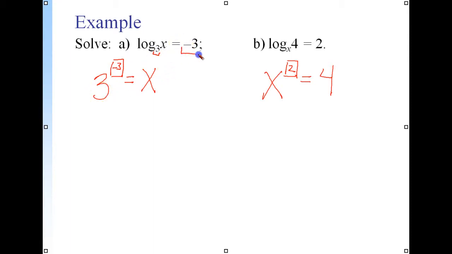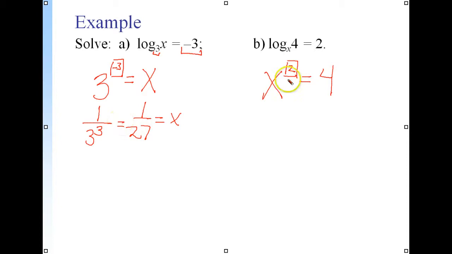This is our exponent, which we raise our base to, and then we don't know what x is. Well, what is 3 to the negative third? Well, it's going to be 1 over 3 to the third, which is 1 over 27, and that's what x